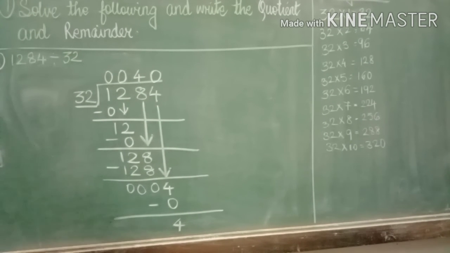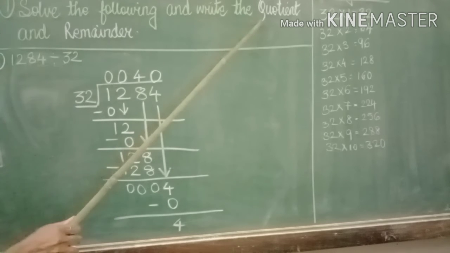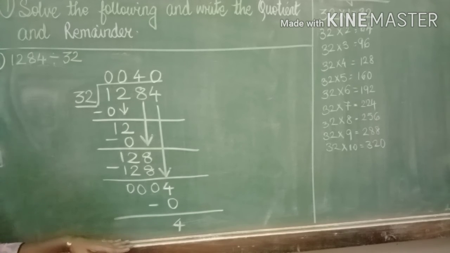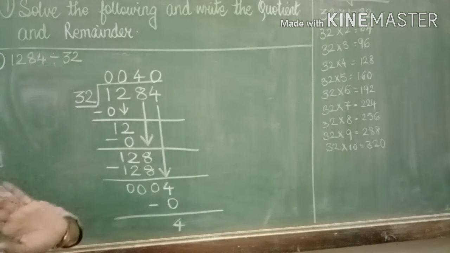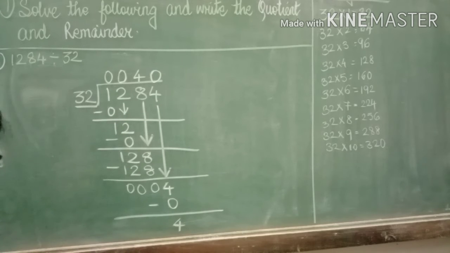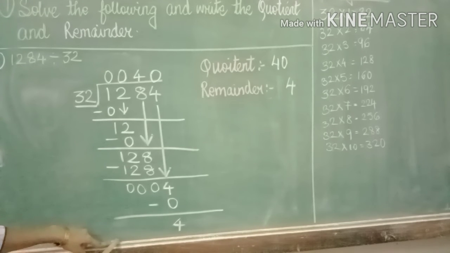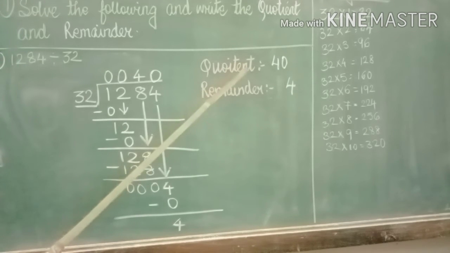So we have come to know what the quotient is. The quotient over here is 40 and the remainder is 4. So how are we going to write? We will be writing the answer, now I don't have space over here, so students, I will be writing it over here. I hope there won't be any confusion for you. Am I right? I have written it over there because I did not have space over here.